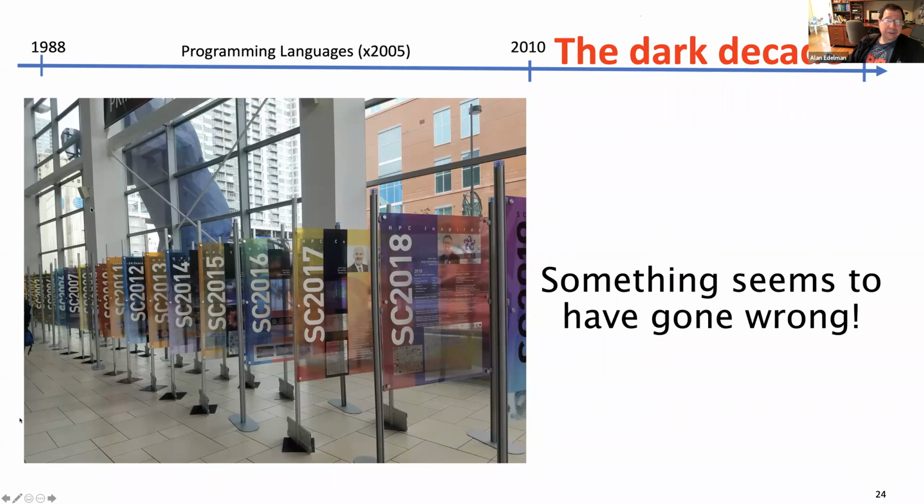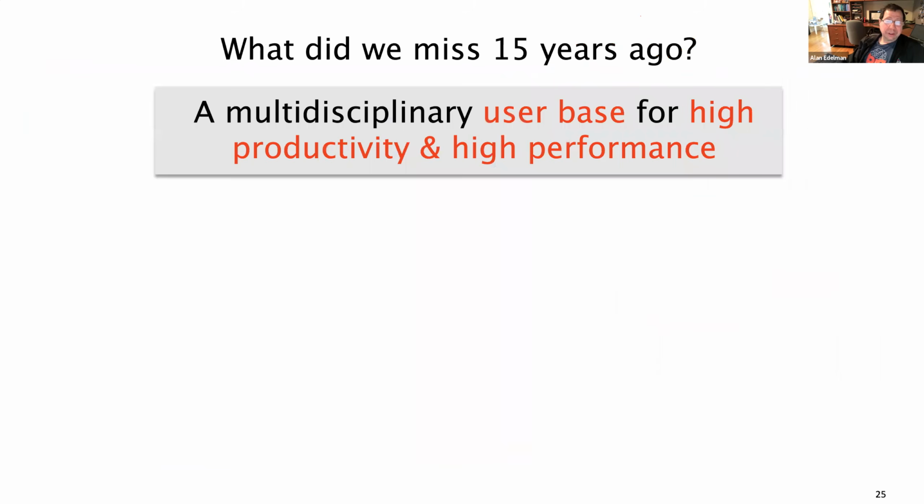And what I noticed was that the first one, I guess, was 88. Back in 1988, all the way up to 2010, as you could see on this timeline, there was some mention of programming language on each and every one of these banners, except for one, 2005, for whatever reason. But there was one every single year. And then the next decade, I call this the dark decade, because there was no mention whatsoever of programming languages everywhere in between 2010 and that year's conference. So something definitely seems to have gone wrong. And we in the Julia world are breaking through the dark ages and fixing that.